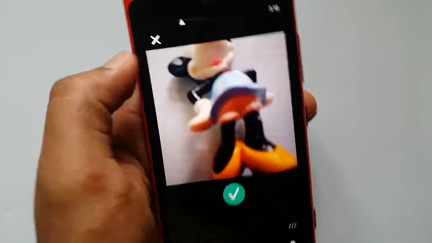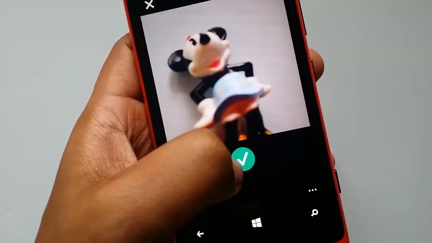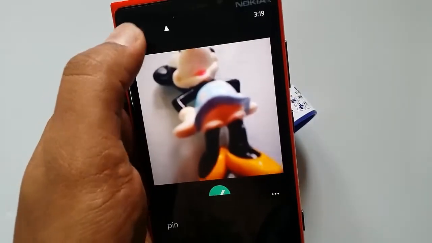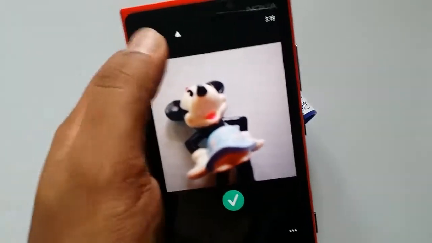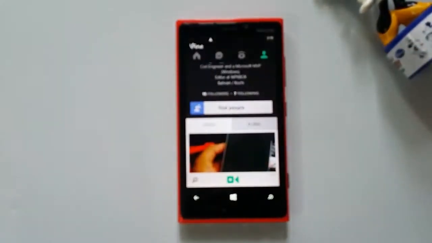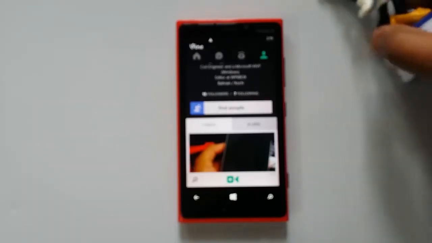If you are okay with the video, you can press the tick button and then upload it, or you can delete the video by pressing the close button here. That will delete the post. You have to confirm whether you want to delete the post. So just deleting the post. So that is the interface of Vine on Windows phone. It's pretty much similar to what you see on